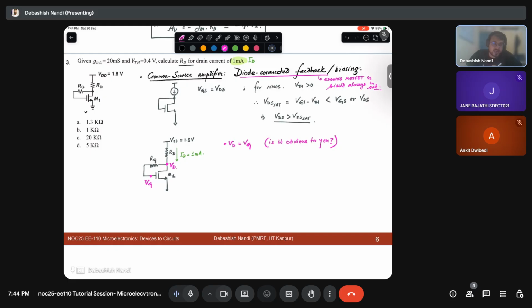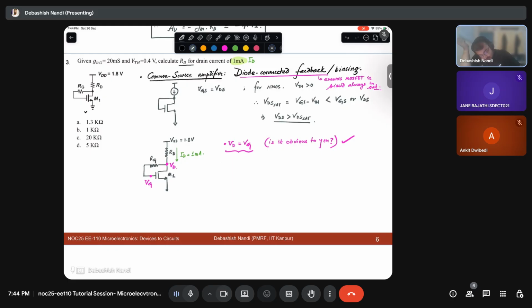Basically, there is no current flowing through the gate, right? So however large a resistance I connect there, if it is not infinite resistance, my VG will be exactly at the same potential as my VD. Okay, so if that is obvious,